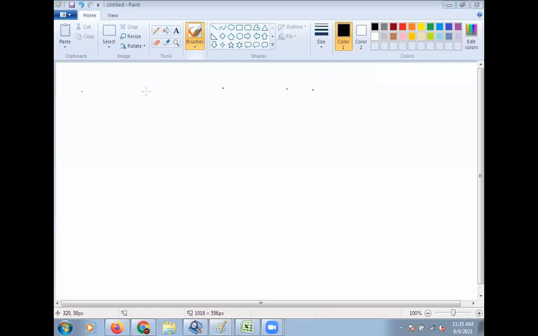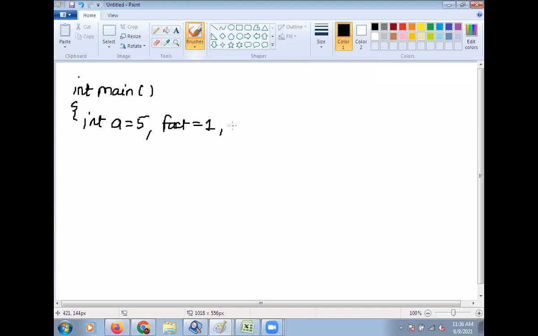So here, how to find out the factorial of a number? Int main. Without function, I will teach first. Int main, then declare integer a is equal to 5, then factorial fact is equal to 1, and another variable I is declared.